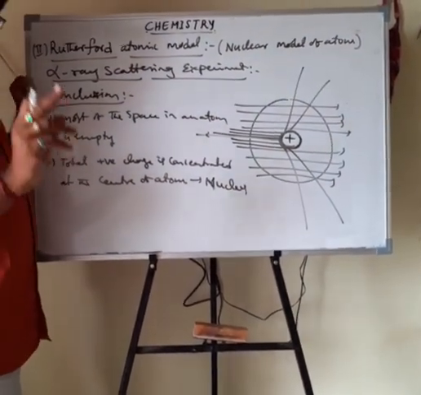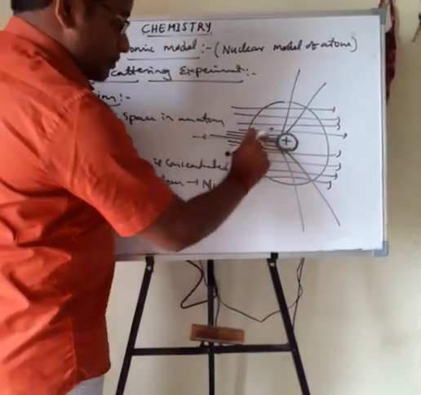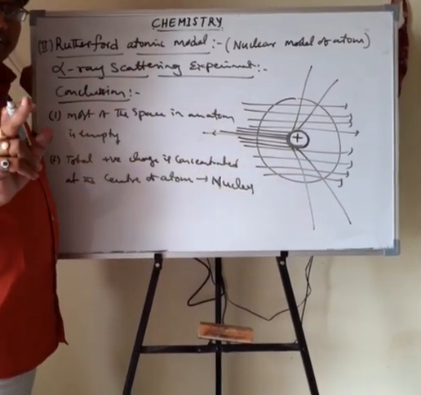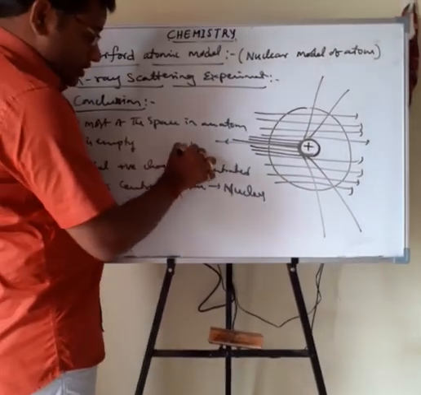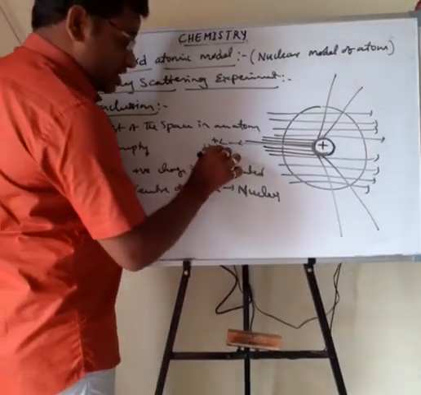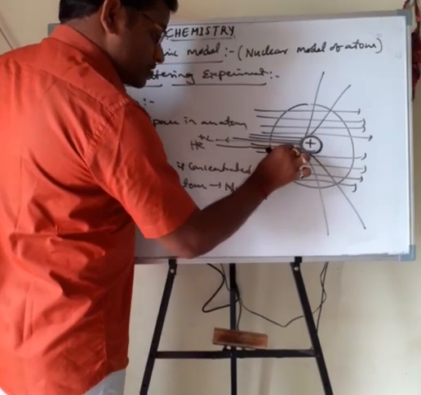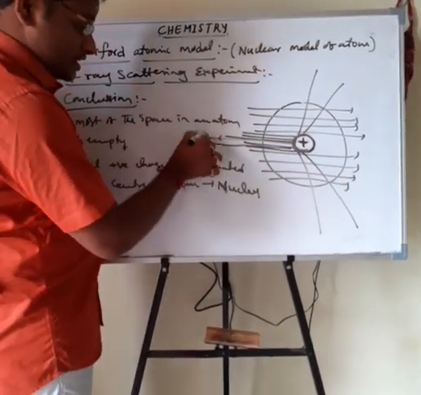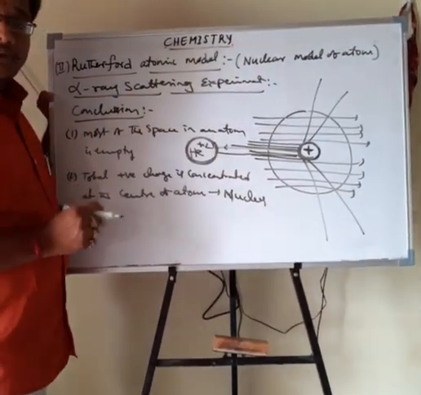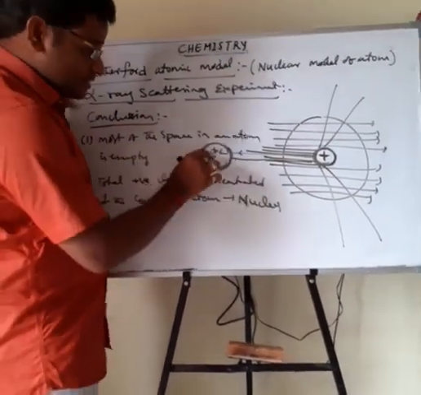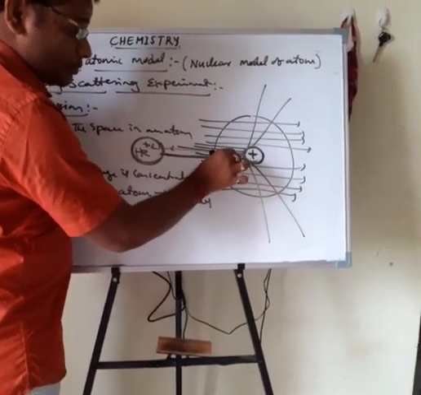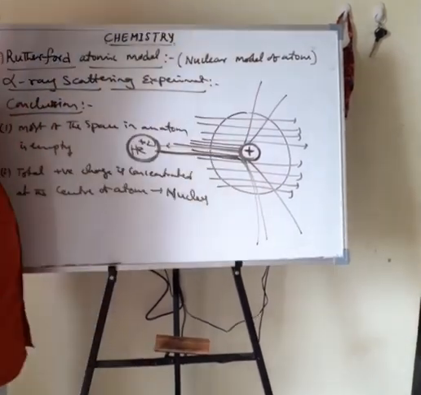So once again, see that very few particles are deflected by a small angle. Here we are sending alpha particles in the Rutherford experiment. What I told last class: alpha particles means helium plus 2 particles. So whenever the helium plus 2 particles come toward the nucleus, this is also positive charge. Positive charges repel each other. That's why when the positively charged alpha particles come nearer to the nucleus, due to the positive repulsion they are deflected by a small angle.